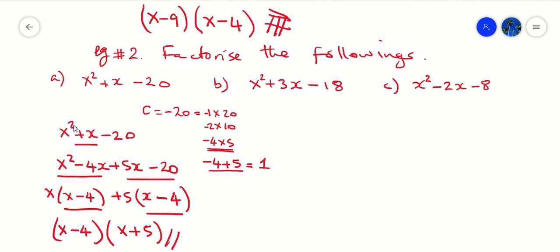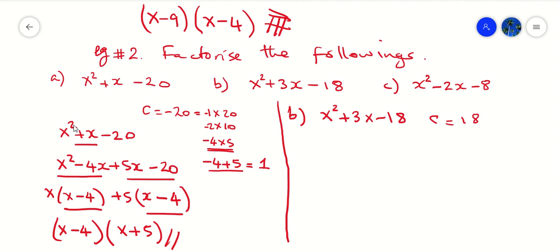Acha tuone part B. Part B nayo x square plus 3x minus 18. Sasa nataka kufanya bila ya kuiconsider hii negative sign. Kwa hiyo nasema c yangu is equal to 18. Kwa hiyo what are the factors of 18? Ni 1 times 18 itself,